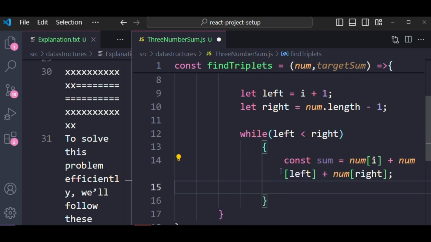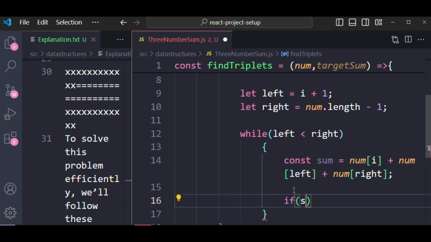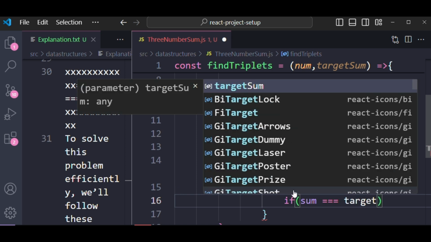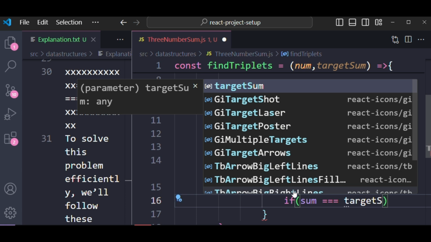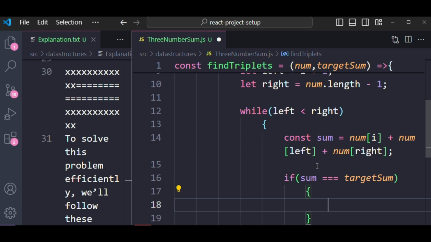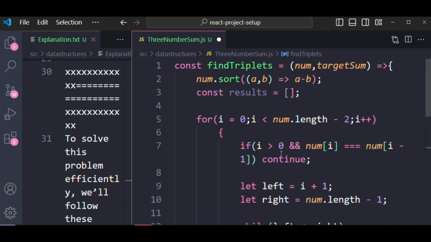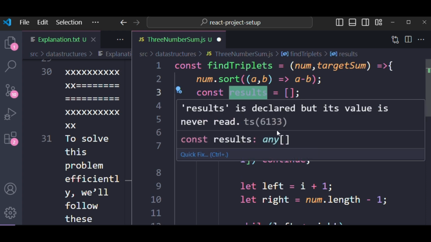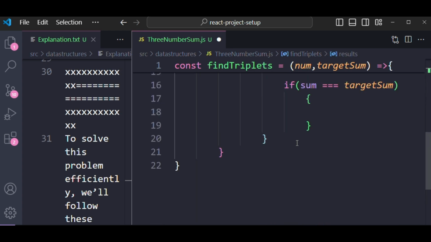So now what we should do is check, or compare, this sum with the target sum. If sum, that is the current sum, equals the target sum which we pass to the function, then we should add the result to the result array. We declared one results array, right? We should add the triplet to the results array, for which